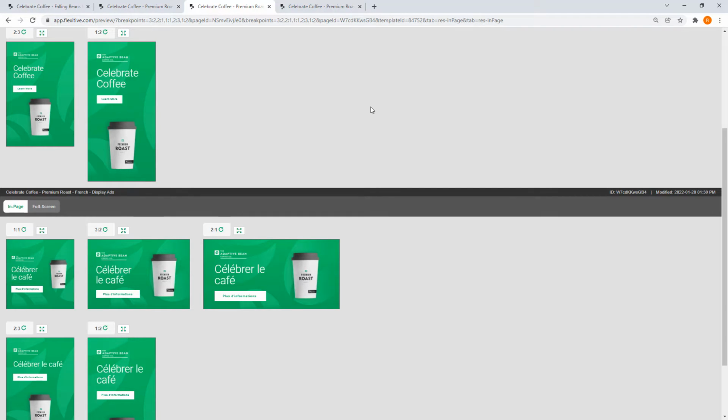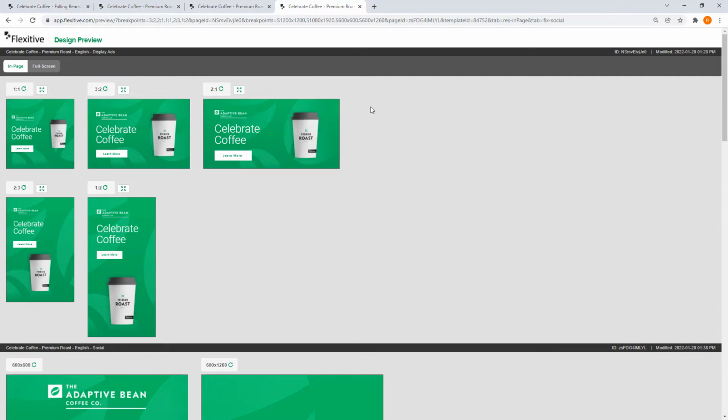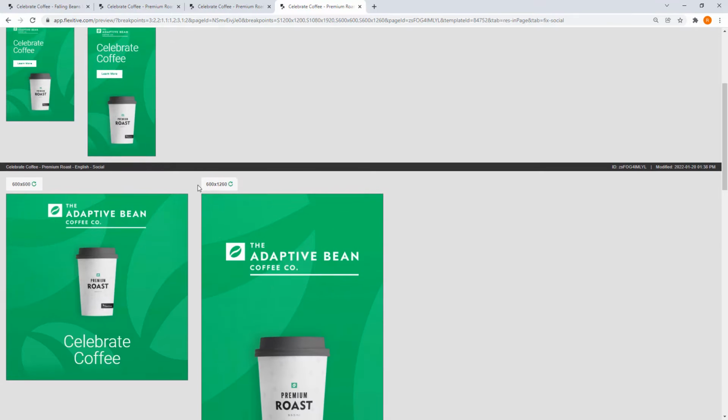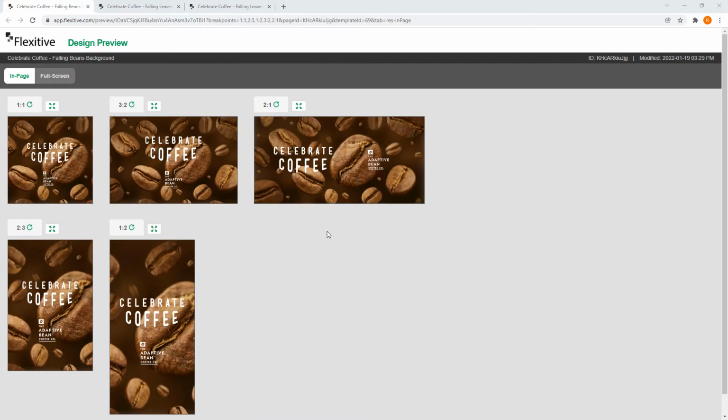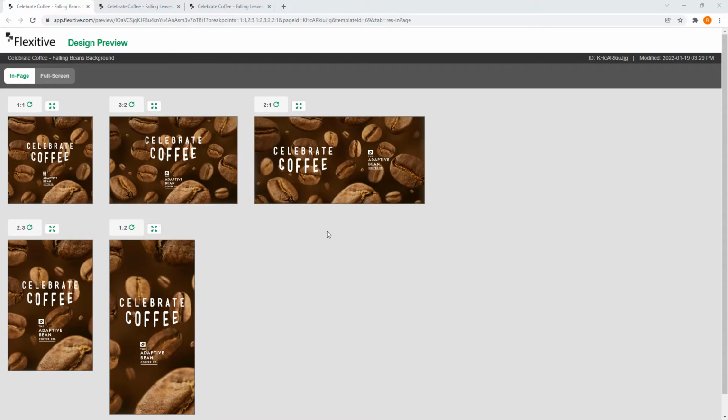You can also do this to show designs for different channels such as display ads, social media, and email marketing in one place. In this particular version, we have a display ad version here, and then a version designed for social here. To build a multi-design preview page, you'll want to start with the preview pages that you're looking to